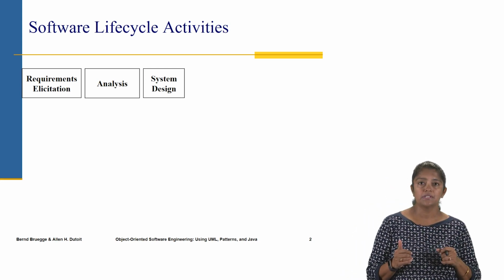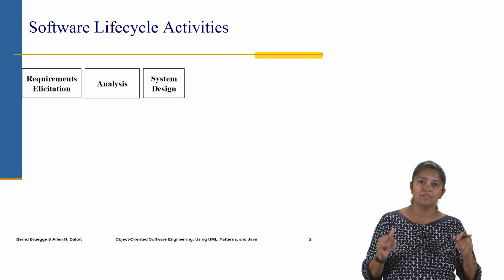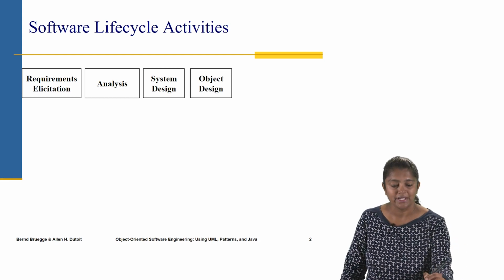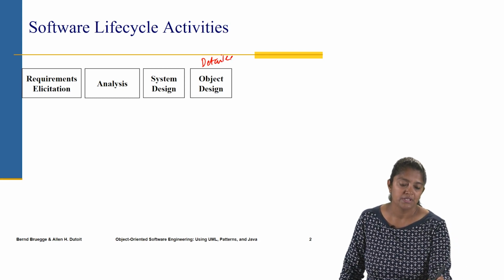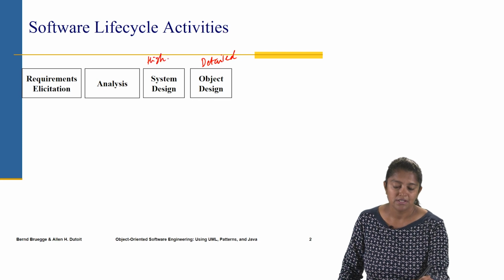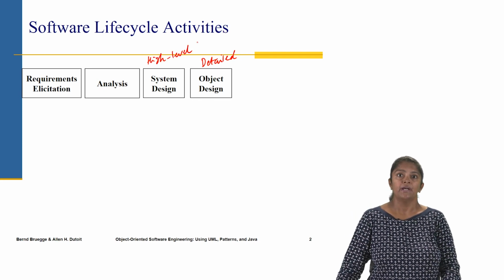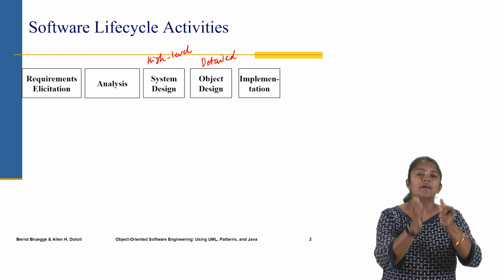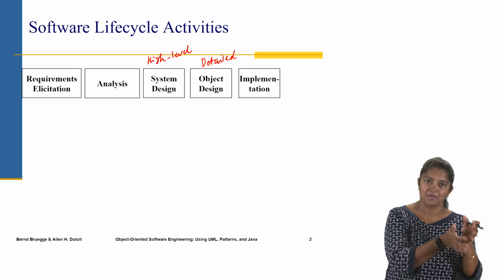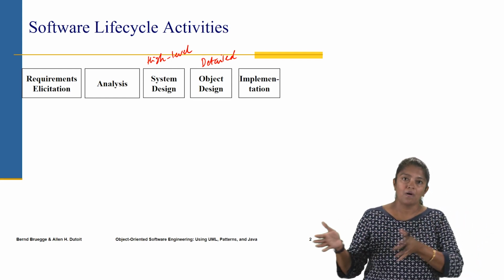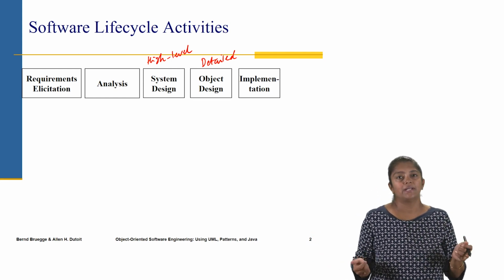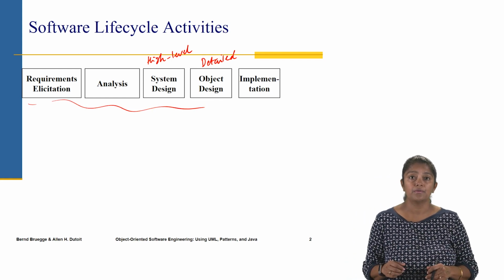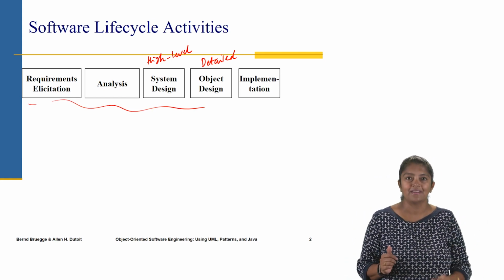Once we have the requirements, we've analyzed and understood them thoroughly, that's when we move into the system design phase, wherein we come up with a high level design of the system. Then that's followed with an object design, or a more detailed design. The object design is more detailed, whereas the system design is a high level design. After the high level and detailed design is complete, that's when we start implementation, when we start writing code. So a lot happens before we actually get to coding, and all of these phases are very important to make sure that we are implementing the right thing.